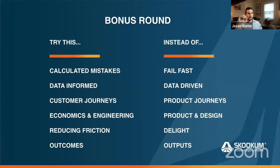So a couple other things that are just pet peeves of mine that I would recommend you changing the wording on when we're talking to our teams and teaching this. Instead of saying fail fast, try to say calculated mistakes. Failure, America, we're not good at failure. Failure is a bad thing from elementary school onwards, and we're taught to avoid failure. If you think about making calculated mistakes instead of failing fast, then you'll lean into the idea that you're not